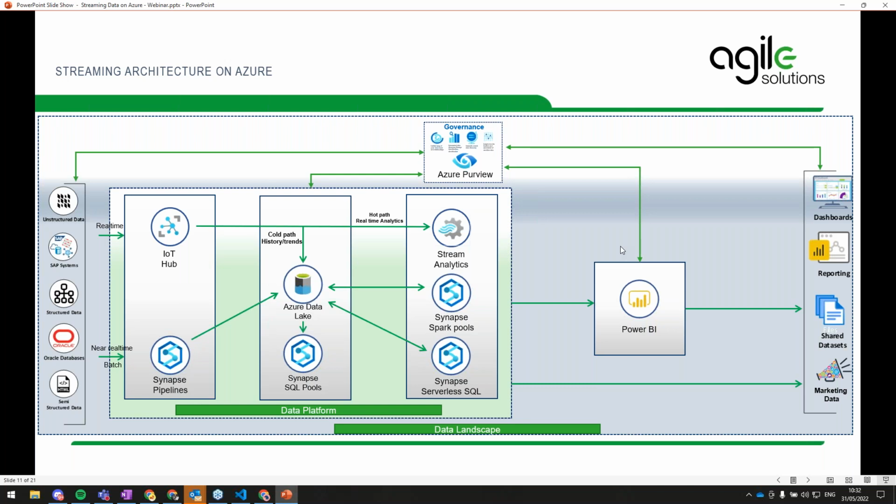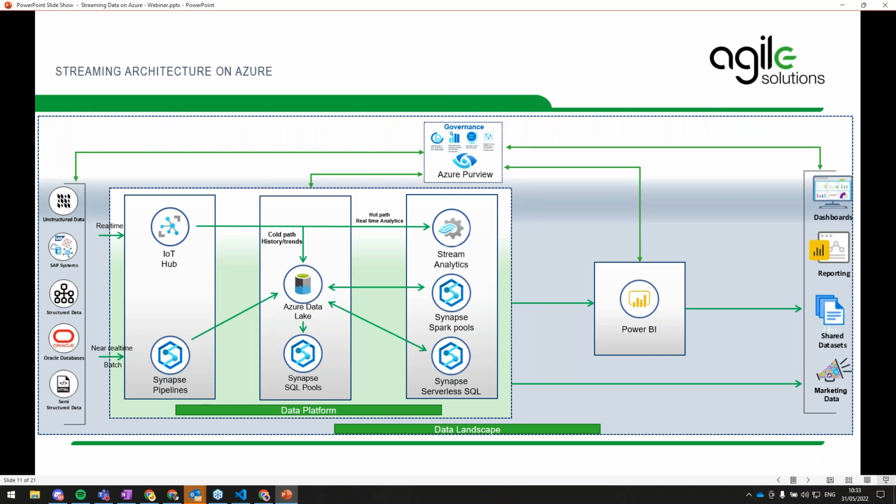On the left, we can see a number of different data sources comprising of everything from traditional structured relational data that you might be familiar with, all the way through to semi and non-structured data such as images, text files, audio files, things like that. Using the resources available to us within Azure, we can consume all of that in one of two broad ways. At the bottom there, you can see we're talking about either near real-time or batch consumption. We can use things like Synapse or Azure Data Factory to consume those in a more traditional ELT/ETL paradigm.